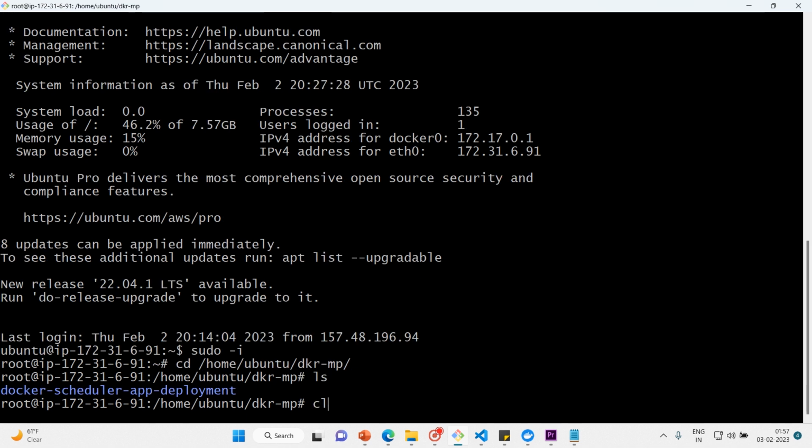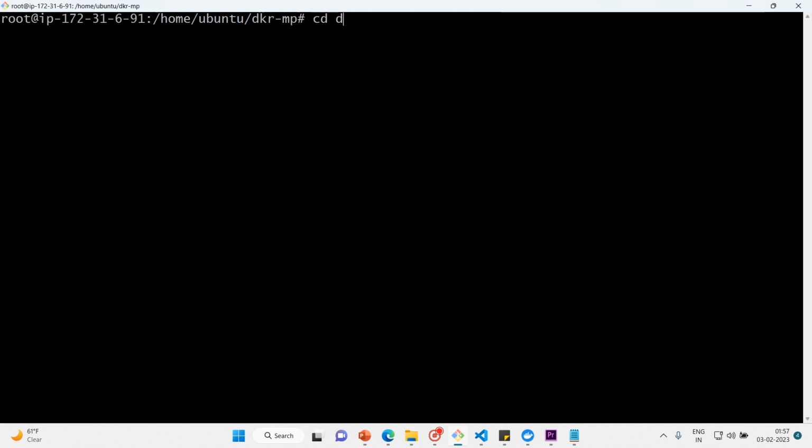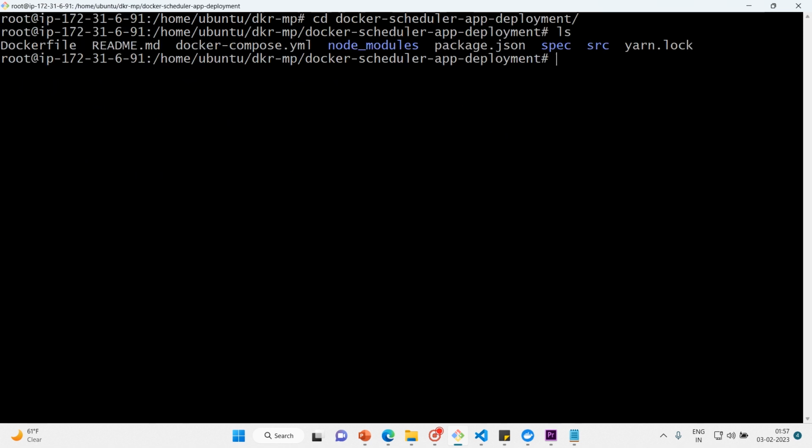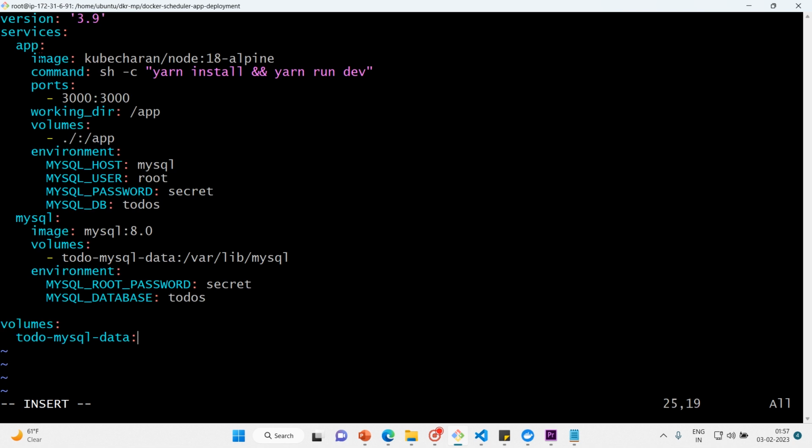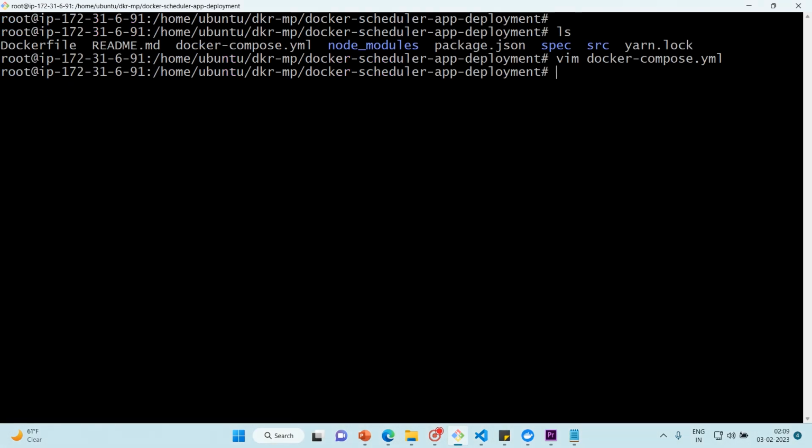Yeah, ls. Now let me create, we have created Vim Docker Compose YAML, and let me paste it here, the whole code. Yes, that's it. This is our docker-compose.yaml file. Let me :wq. Yes, as our Docker Compose YAML file is ready, now